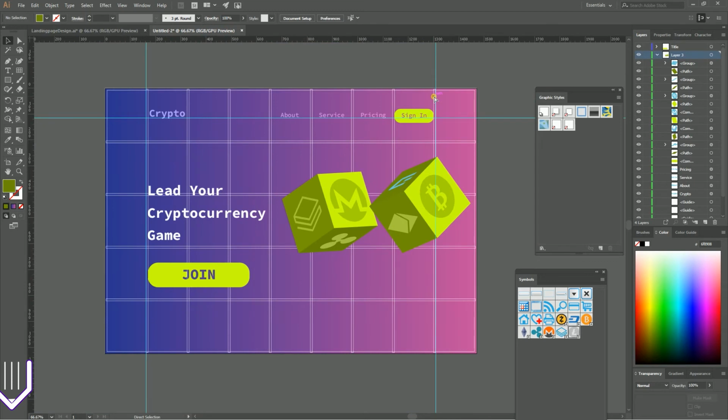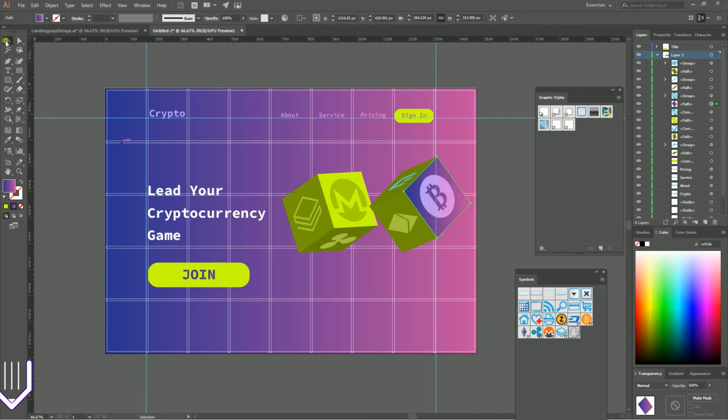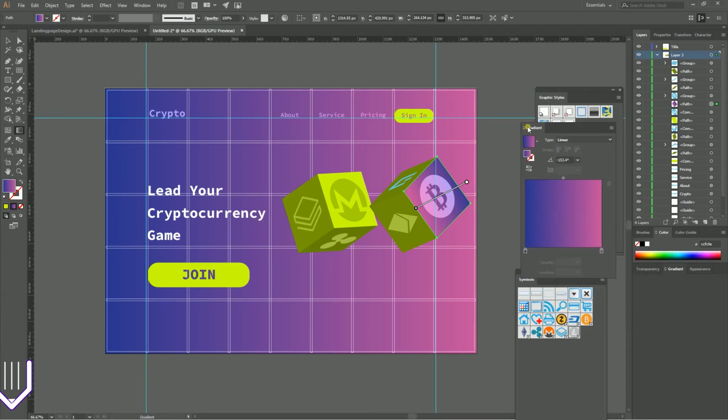Looks very good, and now we need to set gradients to all of the surfaces of our cubes. So first thing first, let's grab the eyedropper, click I, and sample the color from our picker. You see, it looks very well, but for now I'm gonna work with the gradient tool. So click G to grab the gradient tool, and navigate to your gradient panel, go to the Window gradient if you can find it, and I'm gonna undock it actually so we can focus on it